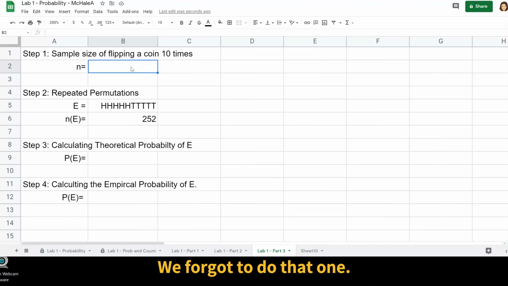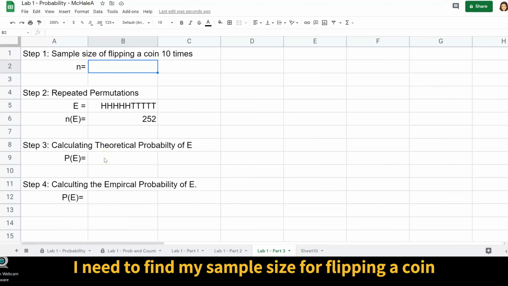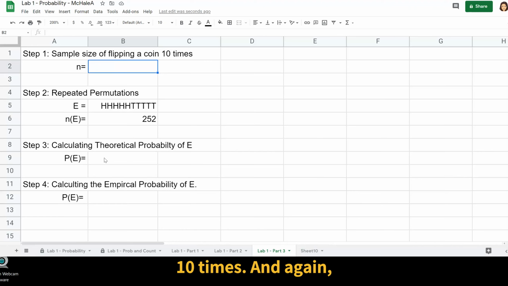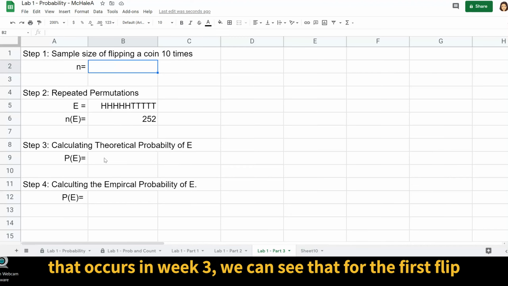Step 3. Oh, sample size of flipping a coin 10 times. We forgot to do that one. In order to calculate the theoretical probability of my event, I need to find my sample size for flipping a coin 10 times. And again, using the multiplication rule for counting that occurs in week 3, we can see that